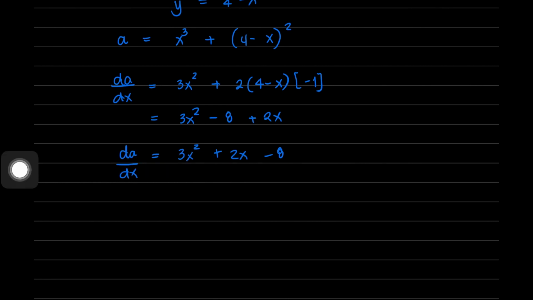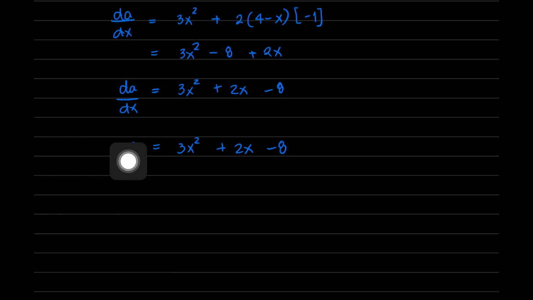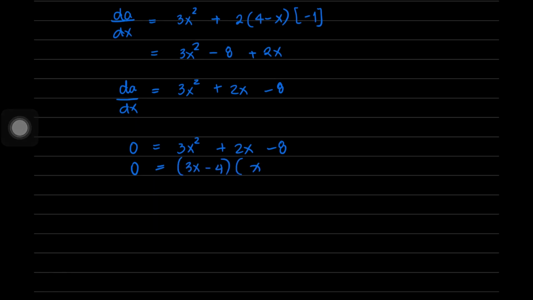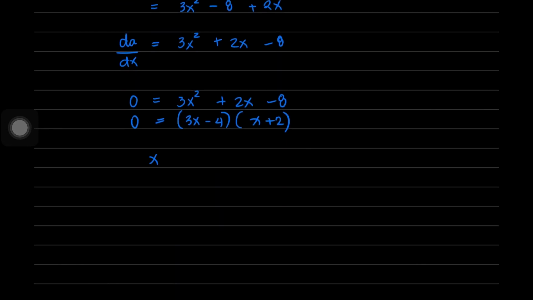Now after differentiating this expression, we equate it to 0. So this will be 0 equals 3x squared plus 2x minus 8. Since it is equated to 0, we can now solve for the values of x. Here we'll have two values of x because x is raised to 2. If we factor the given trinomial, this will be 0 equals (3x minus 4) multiplied by (x plus 2). Solving for the values of x, we have x equals positive 4 over 3 and x equals